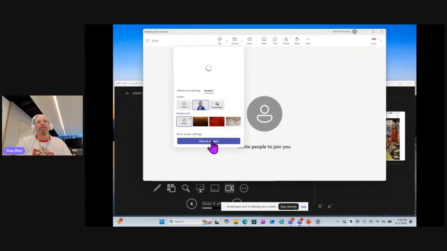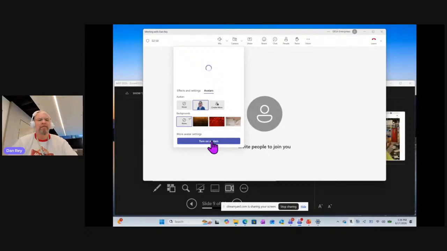Put our Surface through all the paces with dual video. We're using the video from the Surface, and then we're trying to use the avatar feature as